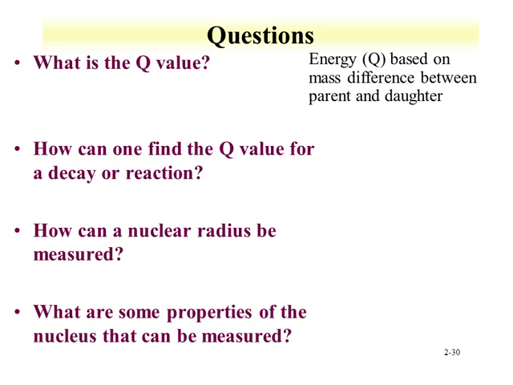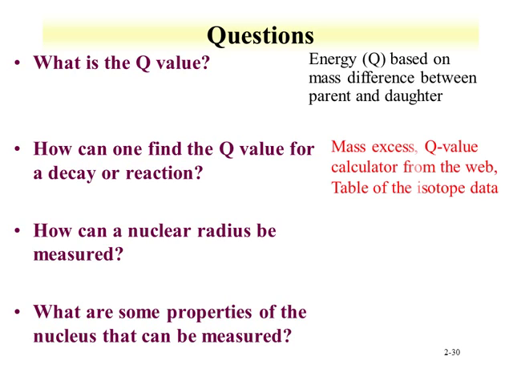How can one find the Q value for decay or reaction? Well, you can go to the mass excess tables, get the mass excess for the reaction, and then use that to determine the overall Q value for the given reaction. You can also use the Q value calculator from the web, and there's two that are discussed and linked on the Canvas site